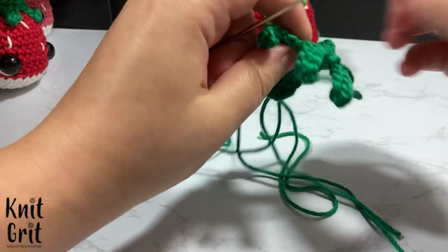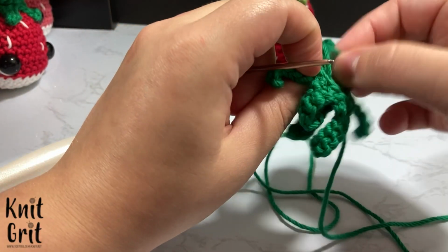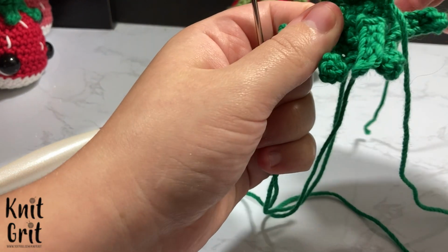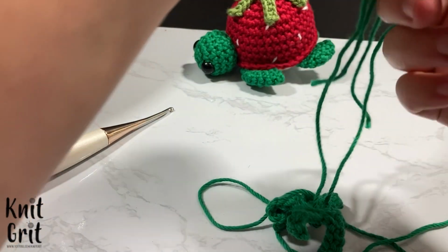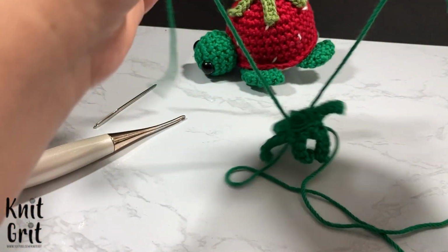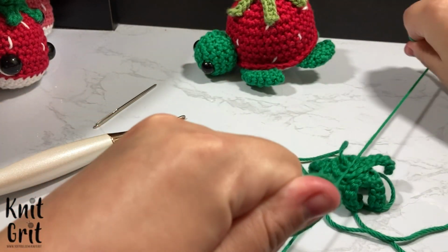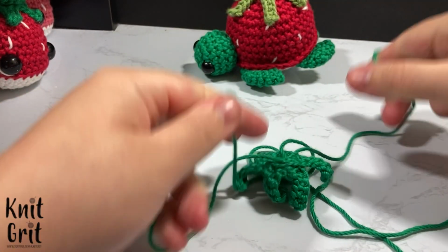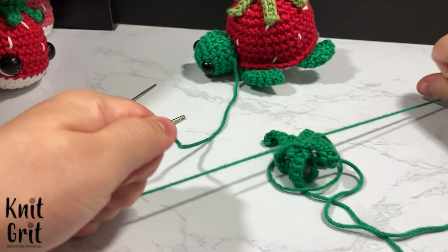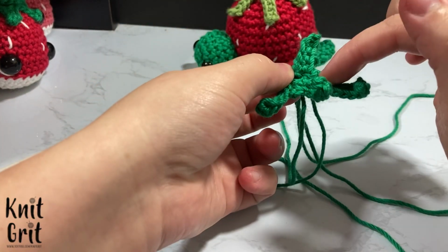And what I like to do from here is I like to figure out which ones are which, because that one's from that, I think. Yes, there we go. So we're going to take these and I'm going to double knot it like so, just on the underside. Nice and tight. I'm doing the same thing that I did with my little whale. And depending on how it looks on the other side, I see that that one's kind of